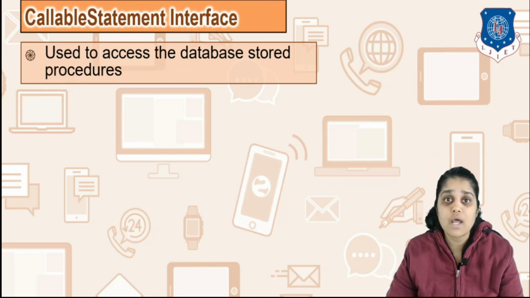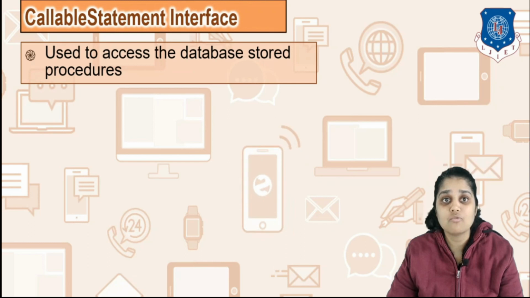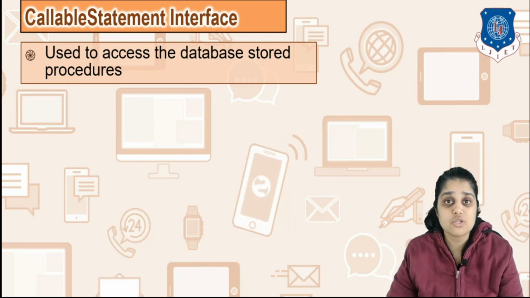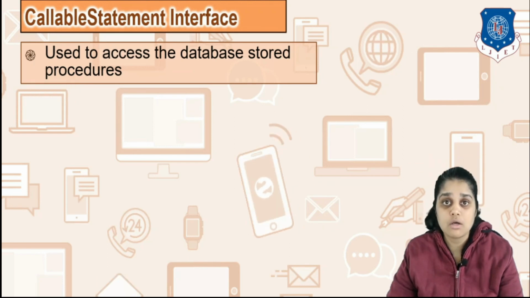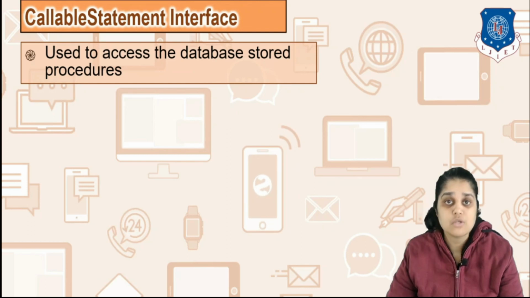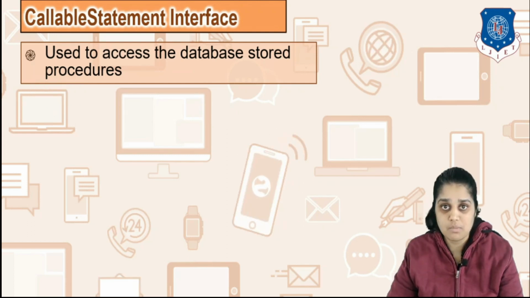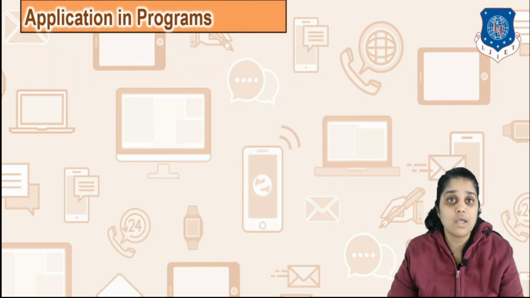In order to stop writing that query each and every time you need it, you create it somewhere as a stored procedure or a function that is called as and when needed. So it will reduce your lines of code. This stored procedure can be called using the callable statement interface. So let's see this practically with the help of a program.